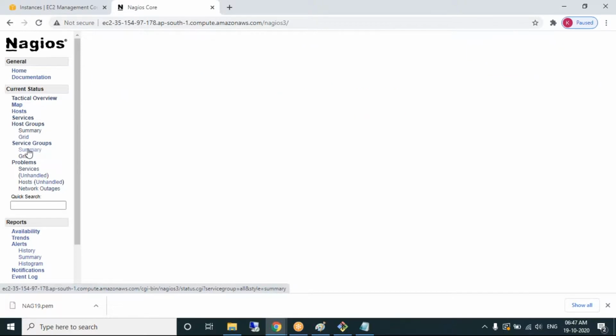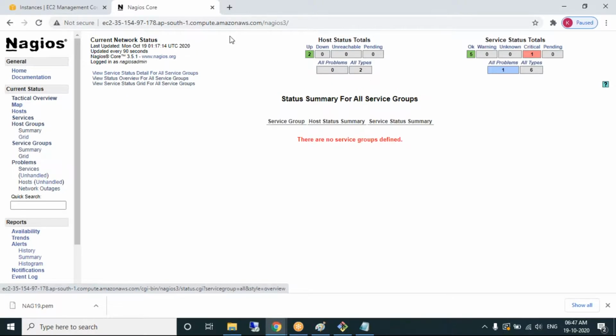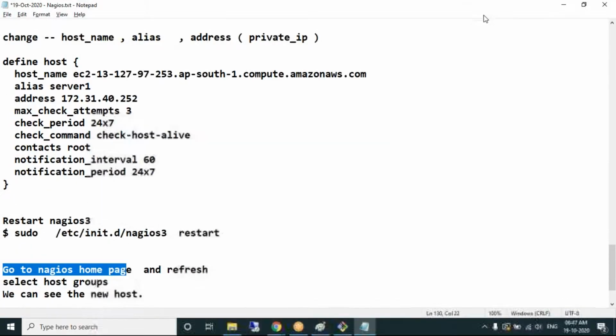Okay. So 3 things you need to do. In case in the interview they ask you what you can do in Nagios, you should be in a position to say that I have installed Nagios, we have done some configurations, and define host is a code which helps you to add the machines.